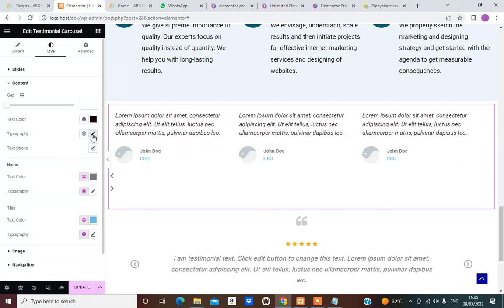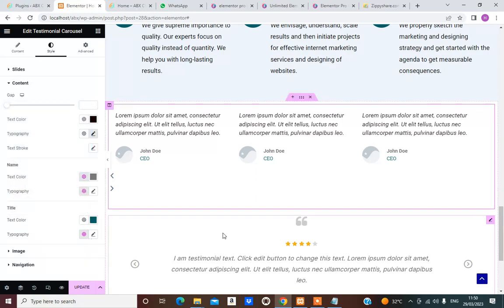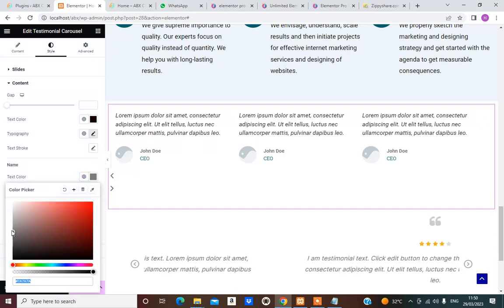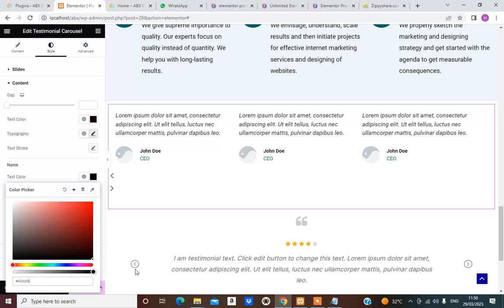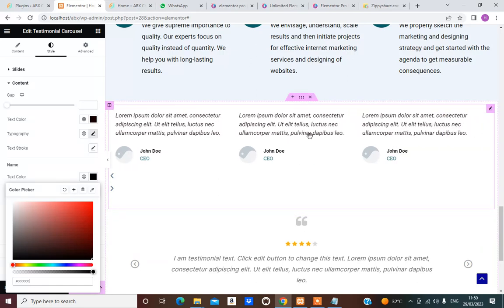Title color. This, right? Okay. So this can be black, so to be more visible. Yeah. So you can now replace this default write-ups